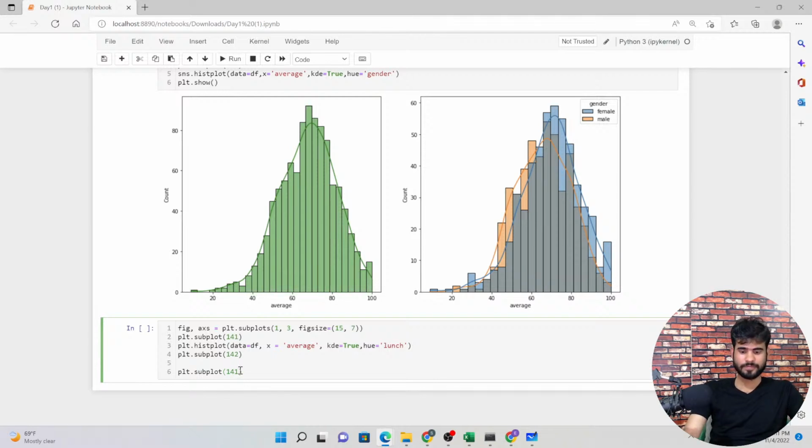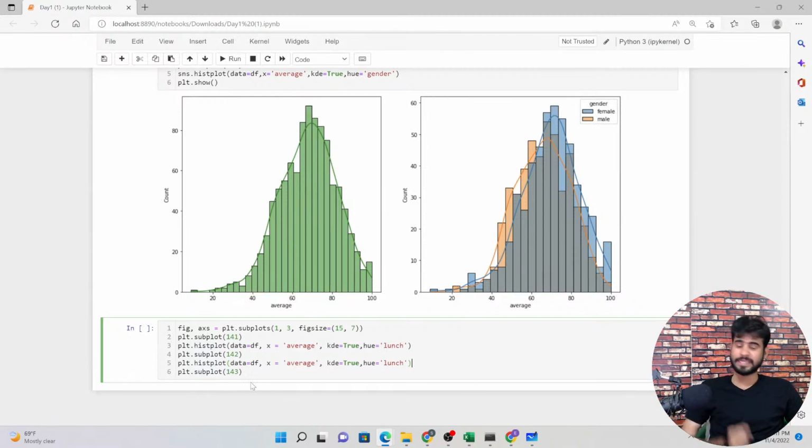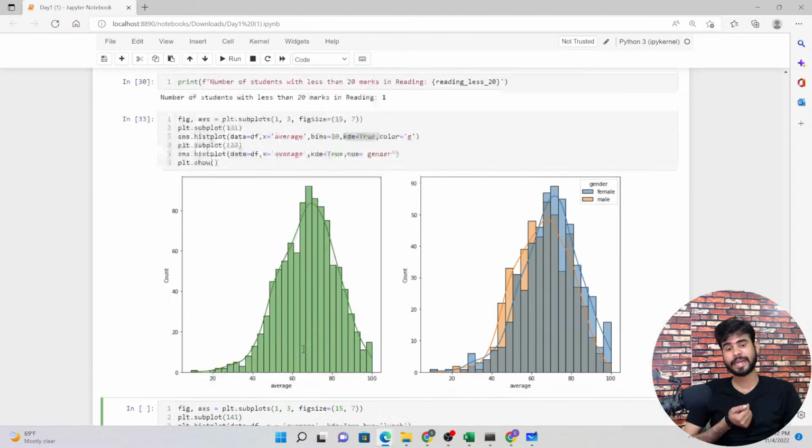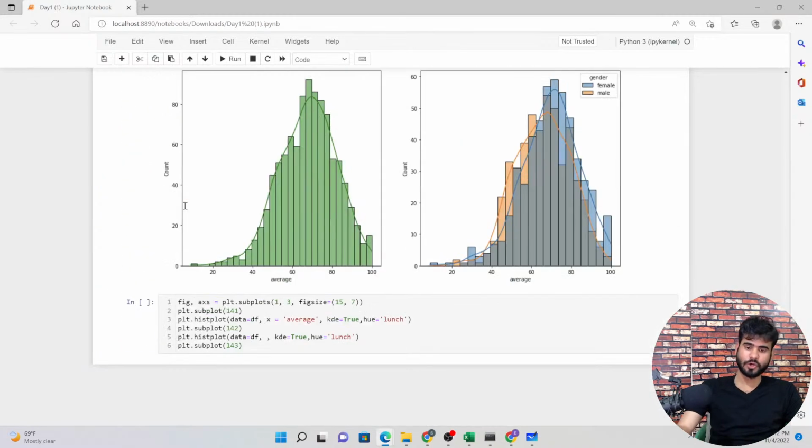1 4 3. Now here I'm going to just copy and paste the same thing. First this plot, now df, x based on what? So here I'm going to define something else. I want the data in the form of gender. I will tell you why I want this as gender.